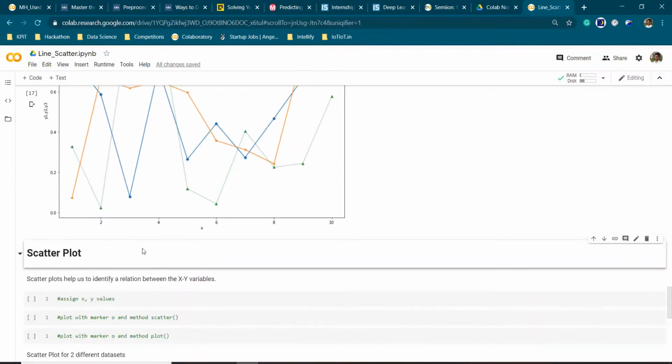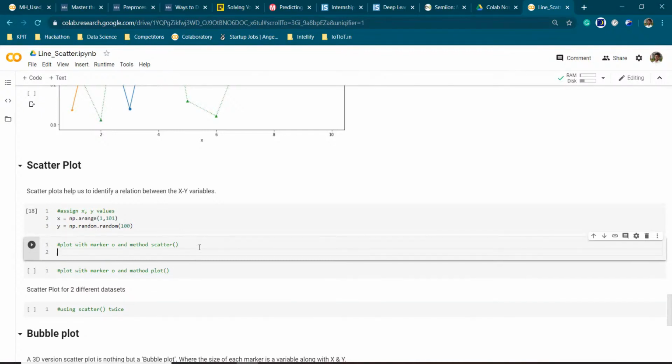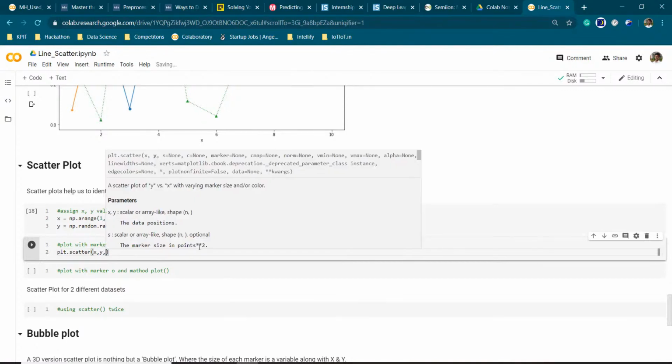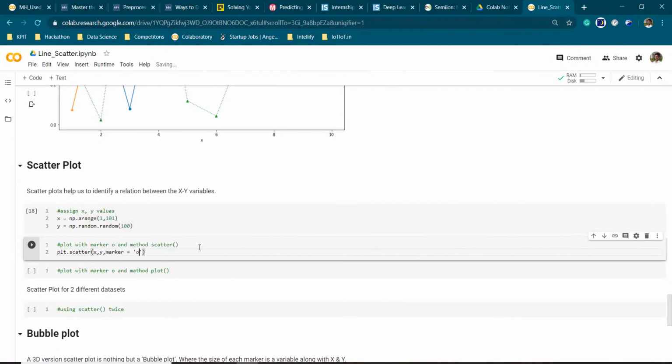Next we are going to discuss scatter plot. Let us plot a scatter plot using the marker O. So first we are going to use the scatter method. This is a scatter method. We will give plt.scatter, then our parameters x and y. Marker equal to, we can give any type of marker that we like.